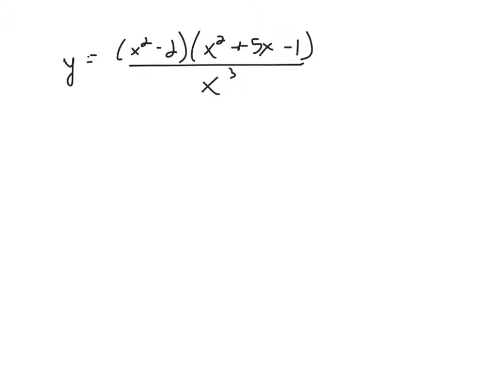So this is a case where I would say probably worth our time, even though I don't want to waste time doing algebra, probably worth our time to do a little algebra here and simplify the numerator. So if I go ahead and do that, again, I'm not doing y prime, I'm just doing y equals, I'm rewriting, and I'm going to go ahead and multiply my polynomials there, my binomial times a trinomial right here. So if I do that, I'm going to end up with, let's see, x to the fourth plus 5x cubed minus x squared minus 2x squared,